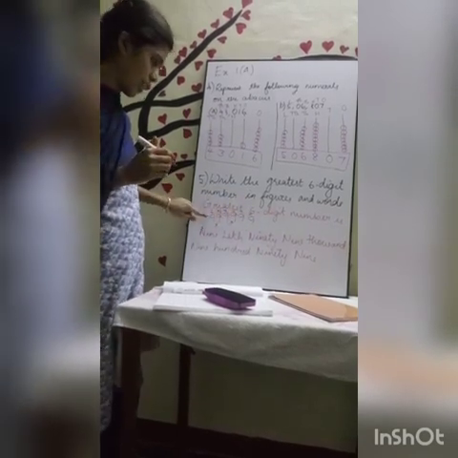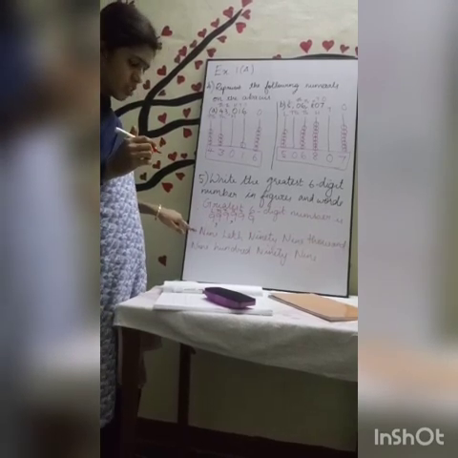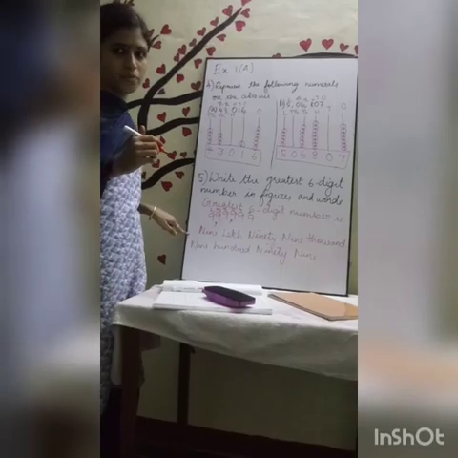So I wrote it in figures. Figures means I wrote it in numbers. Then I wrote it in words. This is the words. Okay, understood? See, in this class we have learned a few definitions which are given in the book, then a few problems. The remaining problems we will discuss in the next session. Do all the homework problems, children. Thank you.